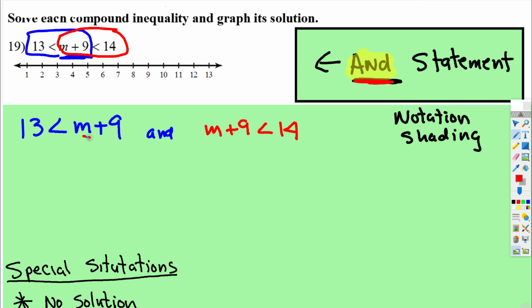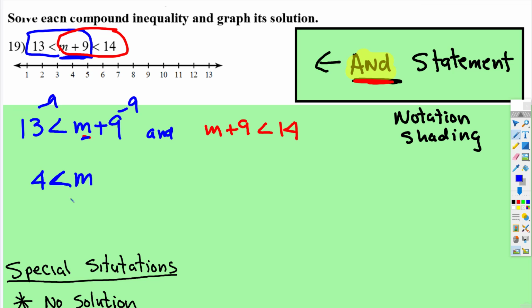Well, we want to get the m by itself. So on both sides, because of the additive equality property, we're going to subtract 9 from both sides. 13 subtract 9 is 4. That's a less than, not an equal sign, just a less than. So that means that m, we have to read it starting with the variable, and since this is the bigger side of the inequality, this is m is greater than 4, meaning all of the m's are going to be